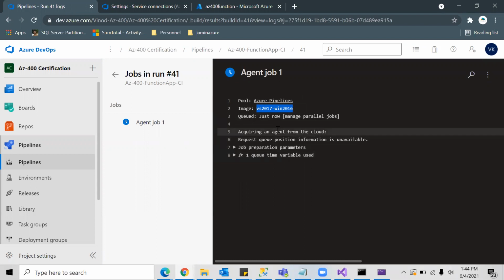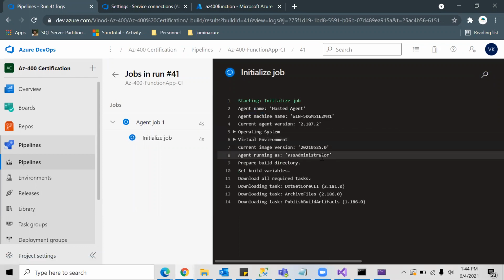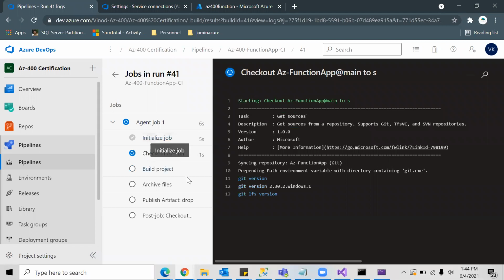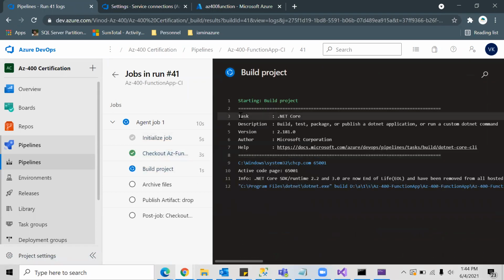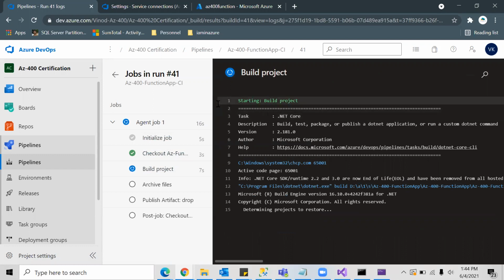It will look for the available virtual machines in the backend, take one of those agents, and start the integration pipeline. The initialization started, and the checkout will check out your repo's main branch, and the build has started, which will build your .NET function app code.